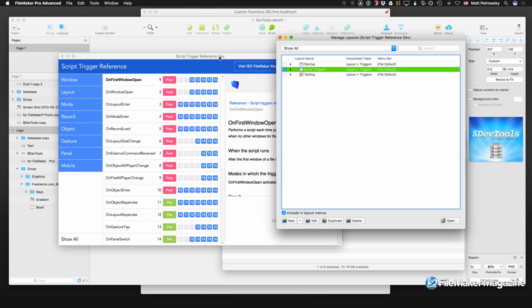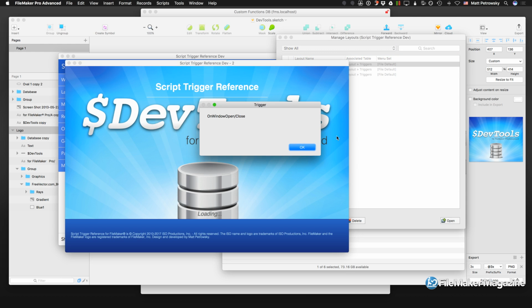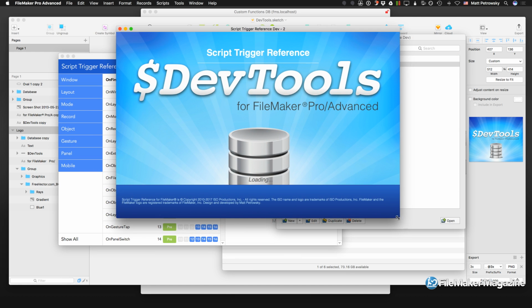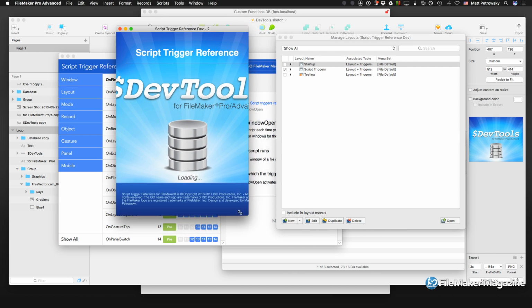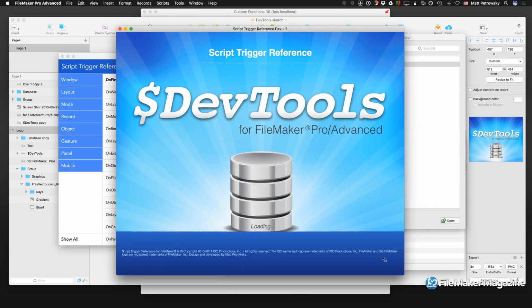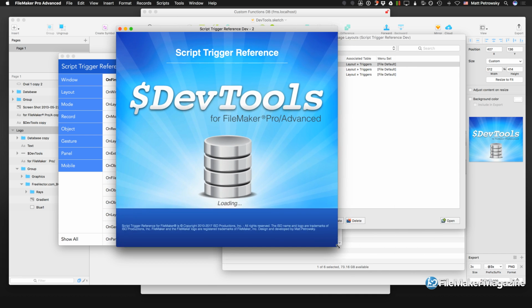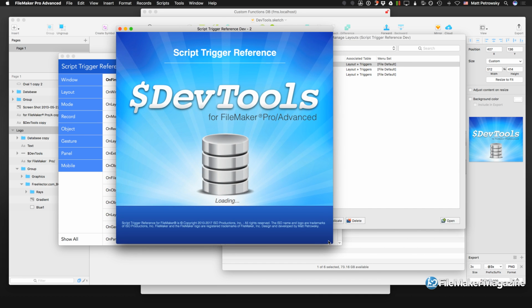We will go to the layouts on this one. Here's that startup. I'll open that. And you can see right here, it's going to show those little windows because this particular file is about script triggers. As I scale this window, notice that the graphic is actually scaling along with the window. Now, normally you don't want this to happen, and you're probably not going to have it happen because the startup layout of the file is going to land on this particular layout,